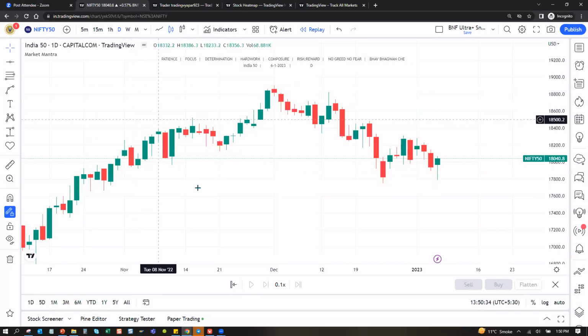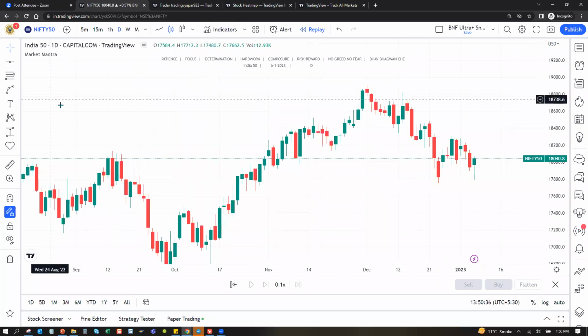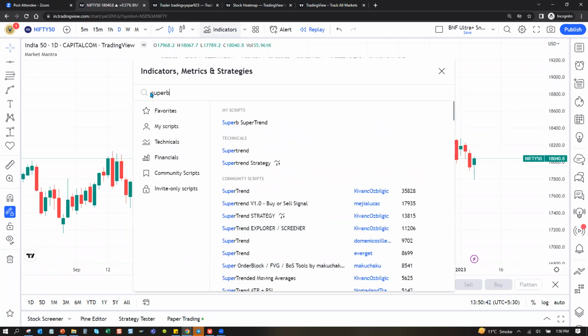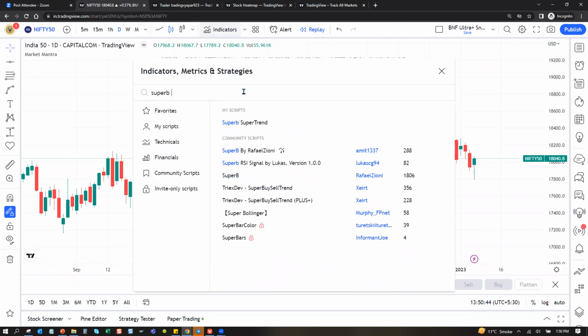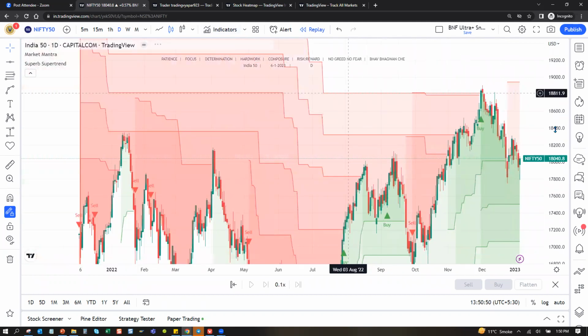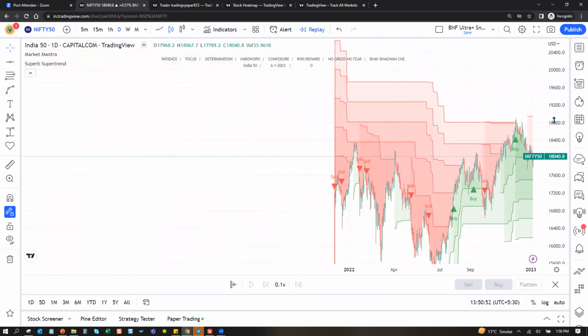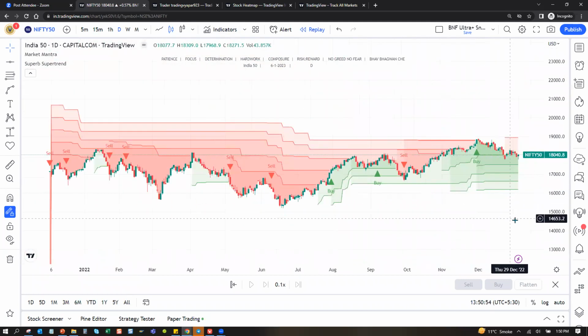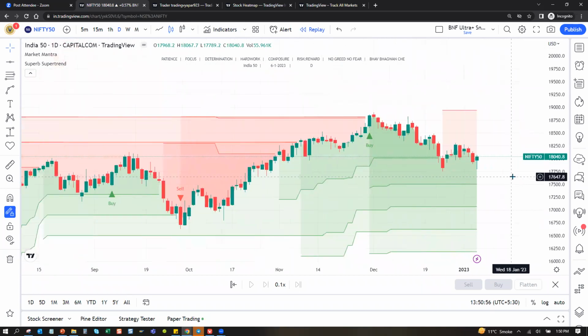So it is working on Heikin-Ashi candle. You can work on Heikin-Ashi and normal also. Super Trend. So this is Nifty 50.